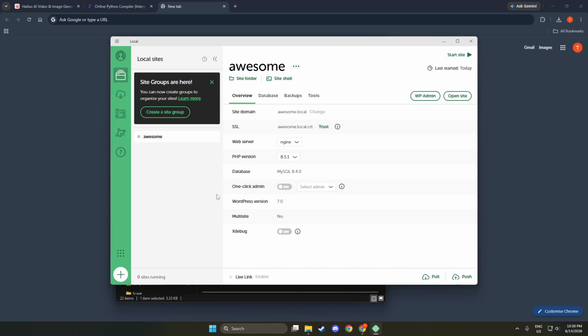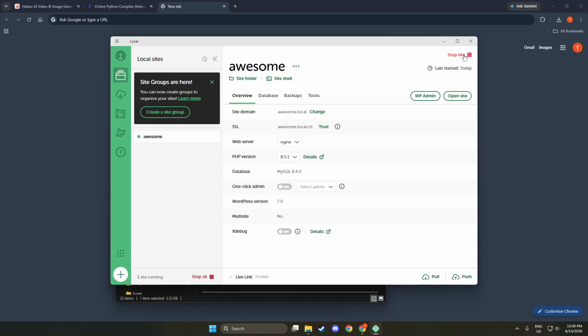With the site stopped, click Start Site again. This restarts both MySQL and Apache servers. These servers are essential for your WordPress site to function properly. Restarting them can often resolve connectivity issues. Once you do this, your site will be back up and running, and you may find that the error has disappeared. If the error persists, let's take a deeper look.